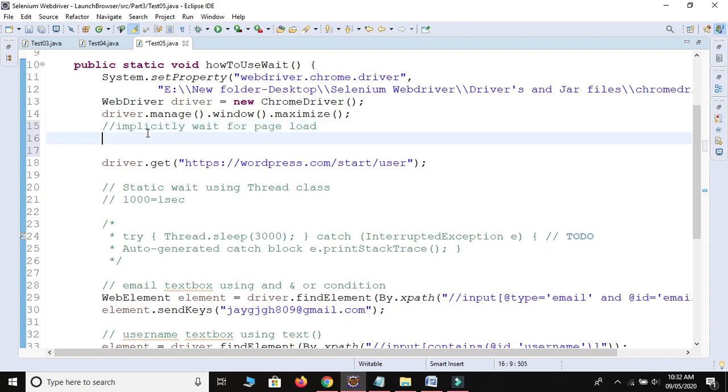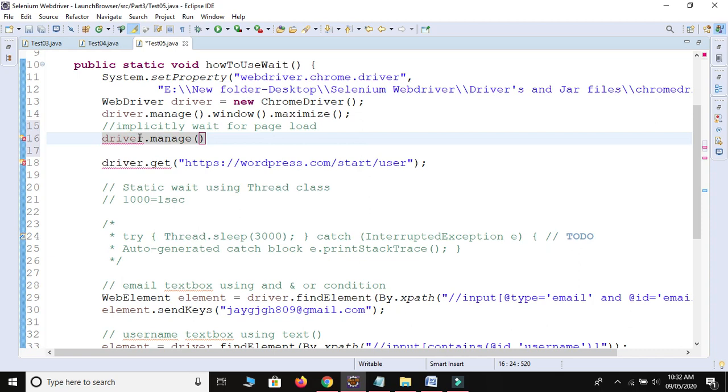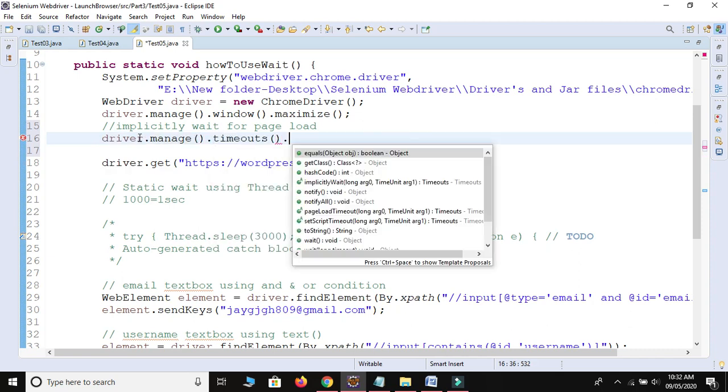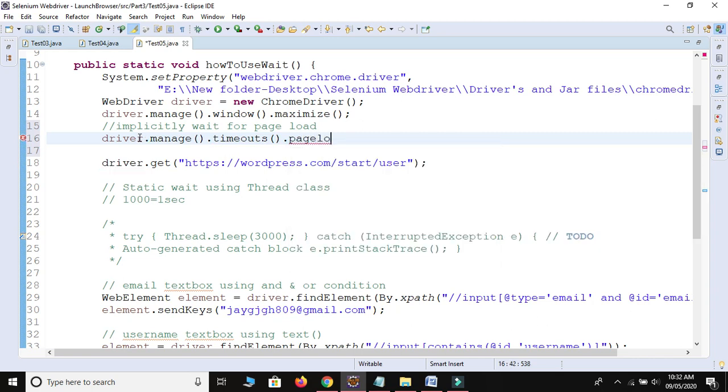This wait is provided by the WebDriver interface, so we just need to use it. We use driver.manage().timeouts().pageLoadTimeout method. Page load timeout means we are going to provide some timeout. The standard format is 20 seconds, so we use 20.